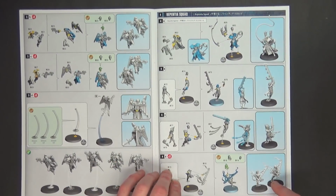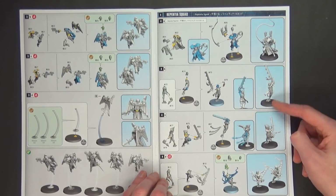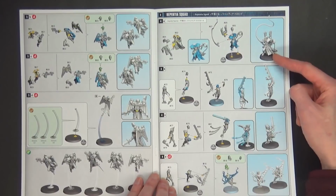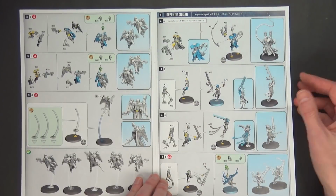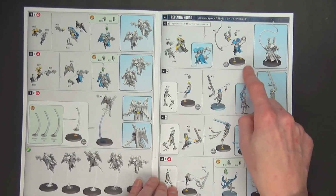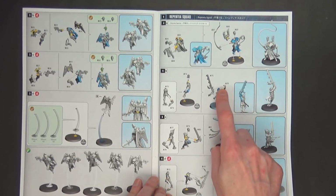So only one of them is duplicated with a different head style. Two are straight up the only pose, and then the Superior, Repentia Superior right here, is going to be a little bit bigger of a model because of course she's in the armor, but she's going to be a little bit more dynamic, so she's going to have some different arm swaps and things. I could see where the